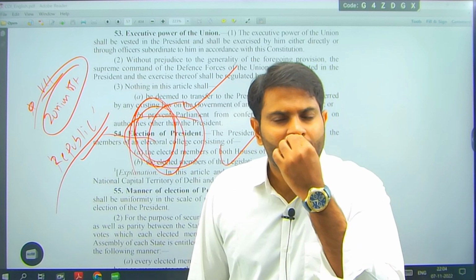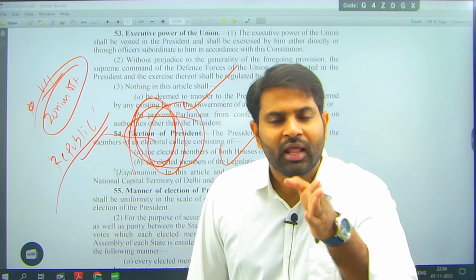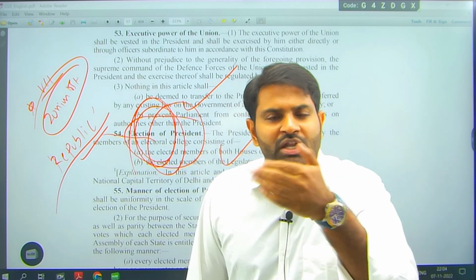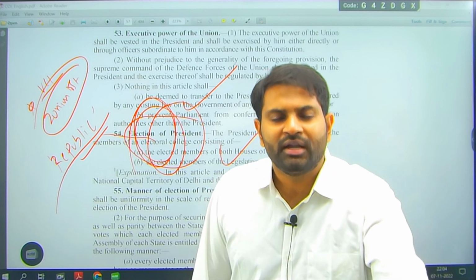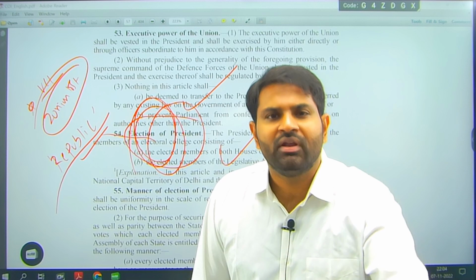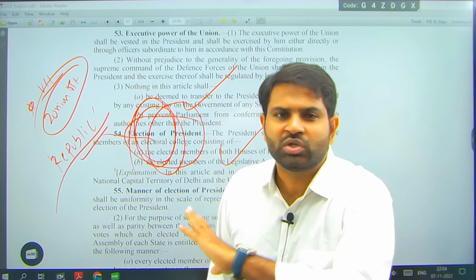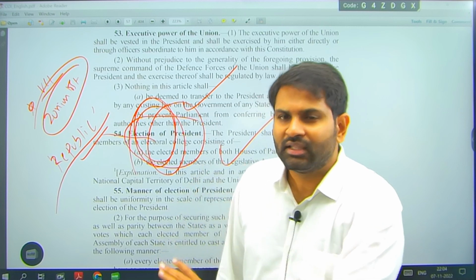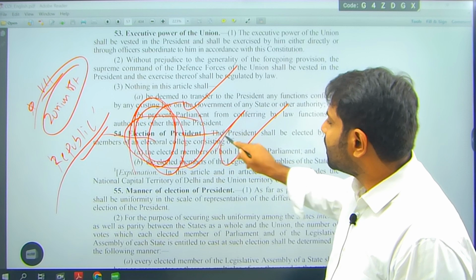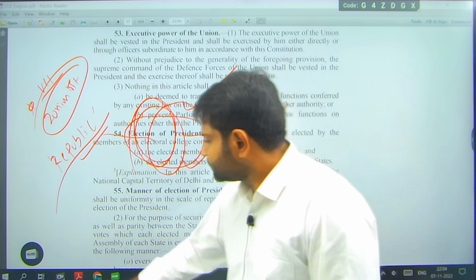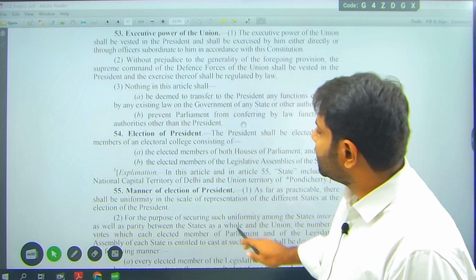When the President of India is elected, it means the position is not inherited like with the British. In the UK, if the British Queen dies, inheritance will come, the king or another queen will come, but this position is not inherited. You are only electing them. That is the reason why Article 54 is important, because it says election of president. When it is election of president, it is republic.